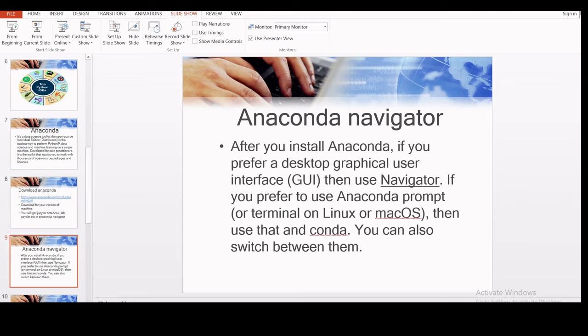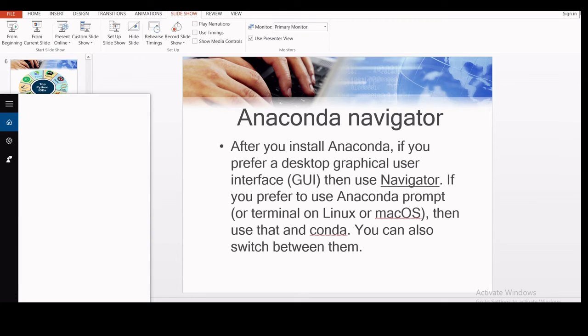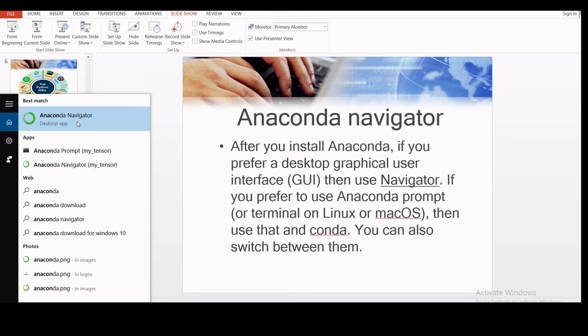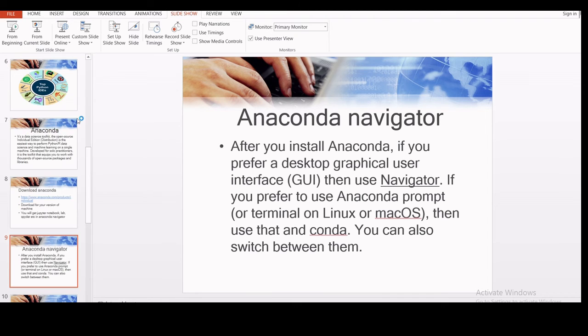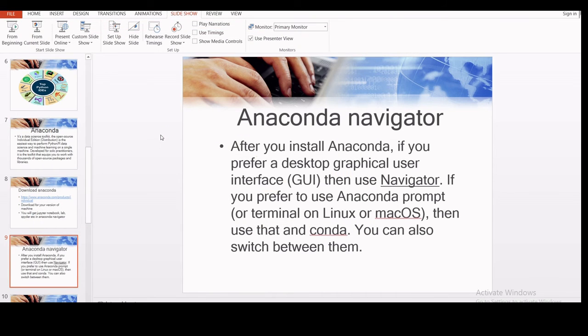How to find that? Just as previously, go to the search window and type Anaconda. You will see Anaconda Navigator. Click on this. Anaconda Navigator is a GUI based application. After installation of Anaconda, it will be installed on your machine. It is actually opening.